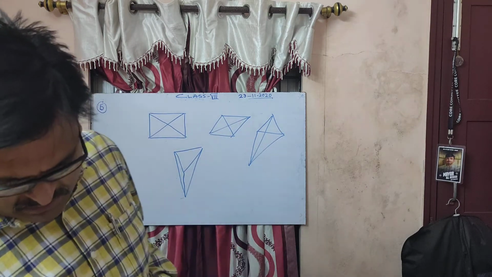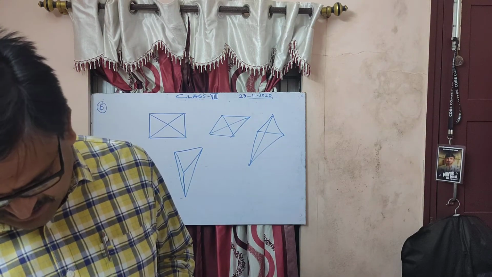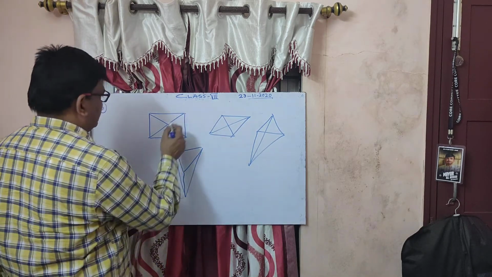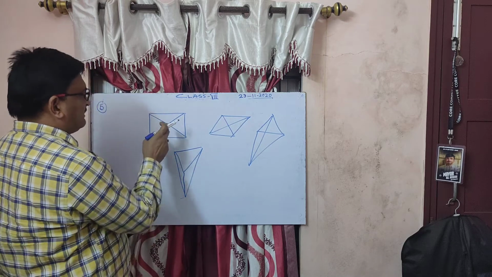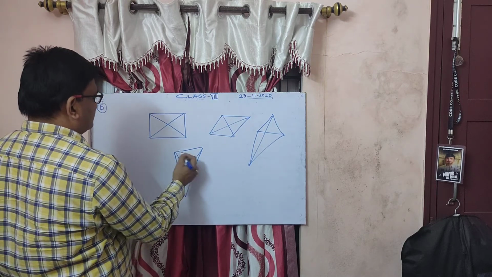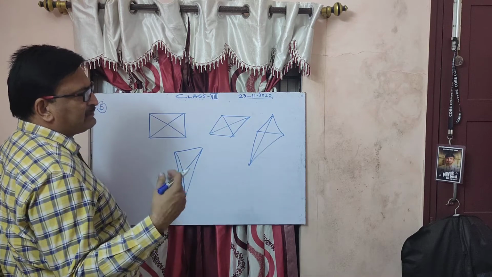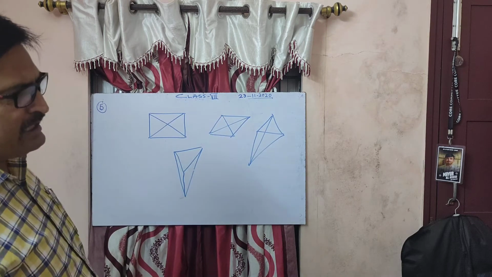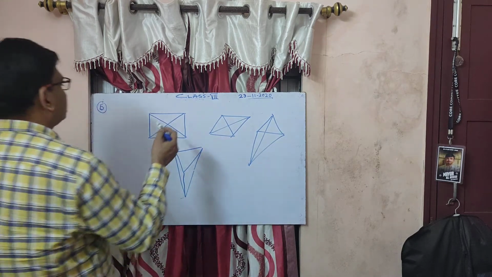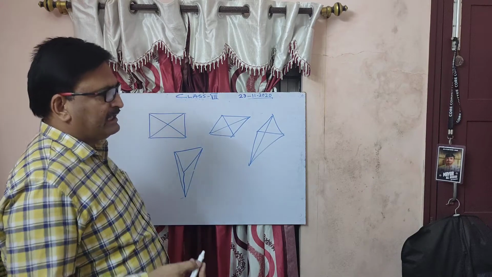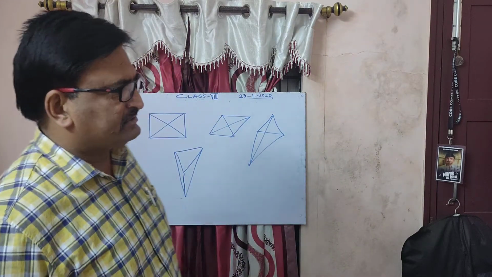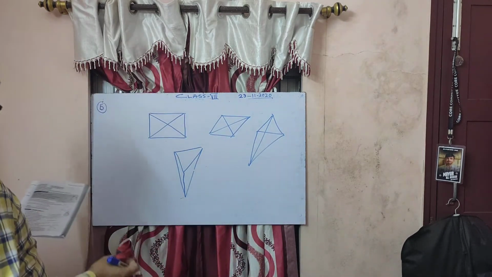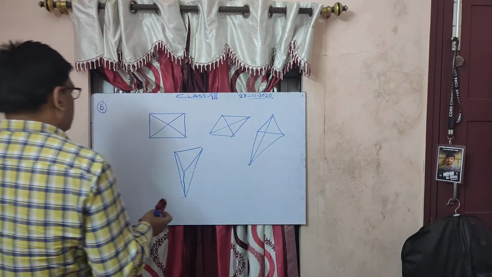Okay, now in a rectangle, both of its diagonals lie in its interior. Now here they are interior, therefore it is convex. If the diagonals are outside, then that can be called concave. If the diagonals are inside the figure, then that can be called a convex quadrilateral. Okay. So the answer will be why. Explain why a rectangle is a convex quadrilateral.